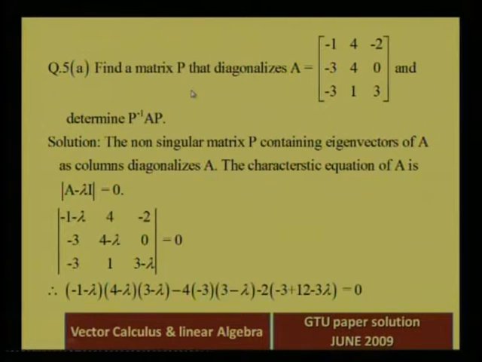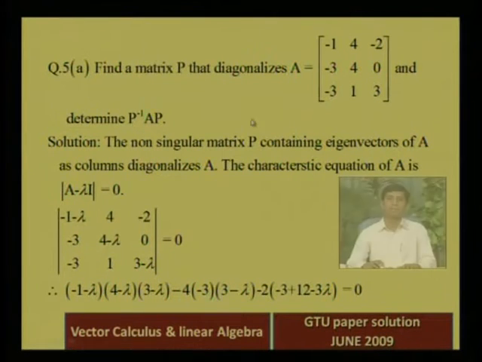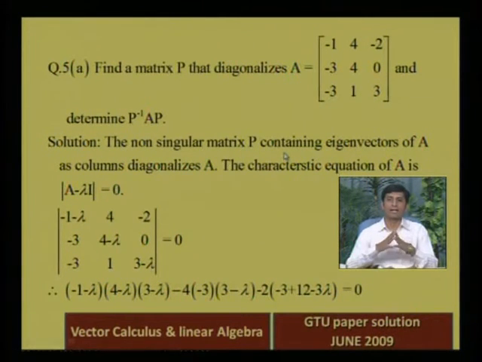Find a matrix P that diagonalizes A and determine P inverse AP. Now what is A? That is a 3 cross 3 matrix: minus 1, 4, minus 2; minus 3, 4, 0; minus 3, 1, 3. Okay, so first of all we have to find the eigenvalues, and then corresponding to each eigenvalue